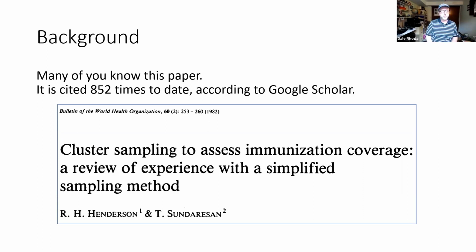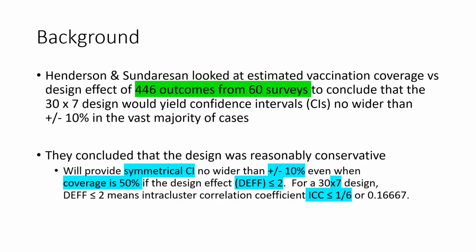So you probably know this famous paper from 1982. This is the paper that is cited over and over again whenever we talk about the WHO 30x7 cluster survey. As of yesterday morning, this paper had been cited 852 times, and so you have perhaps seen it. And what I'm proposing that we do together as a group is basically to update the analysis that was in